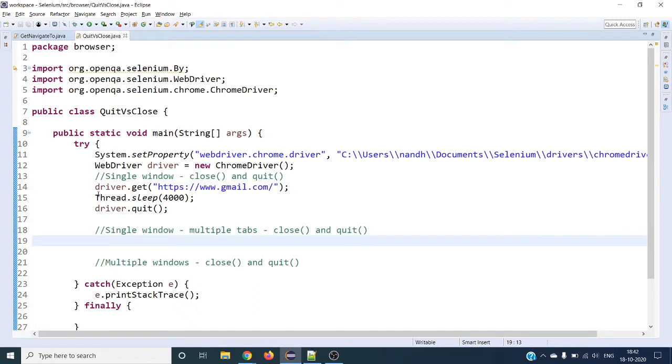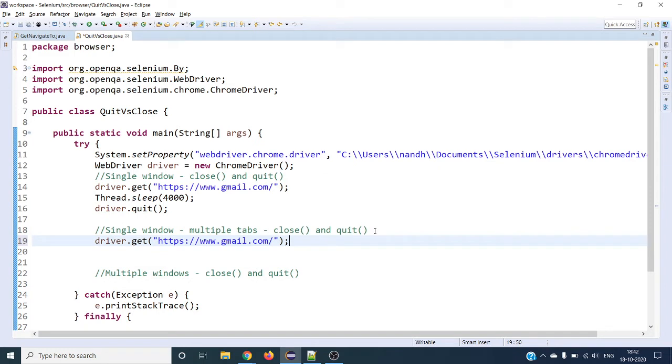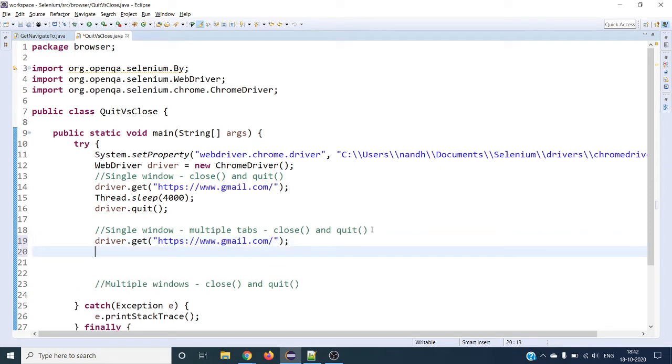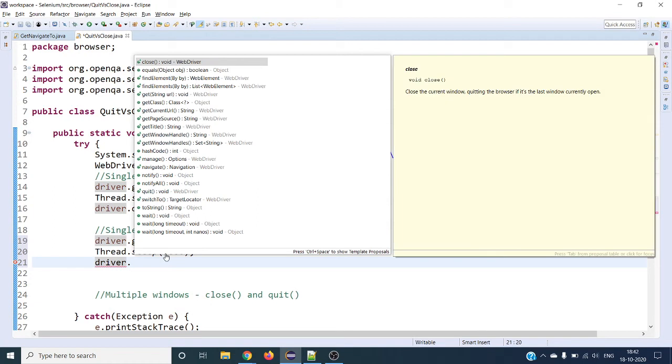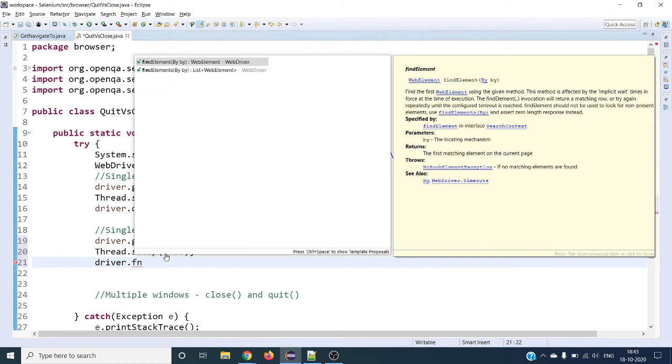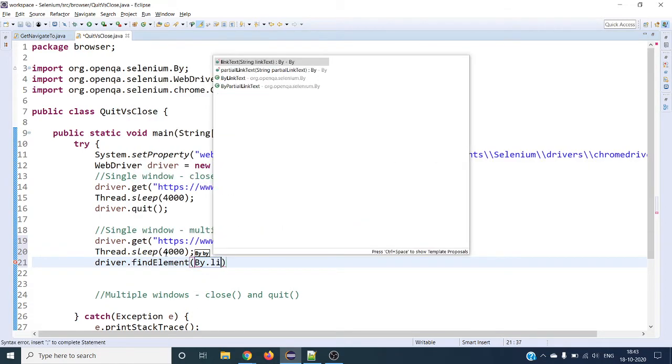Same way, I'm going to use driver.get and wait for the same 4 seconds. Then I'm going to click on the help link. Before that, we have to do find element by link text.